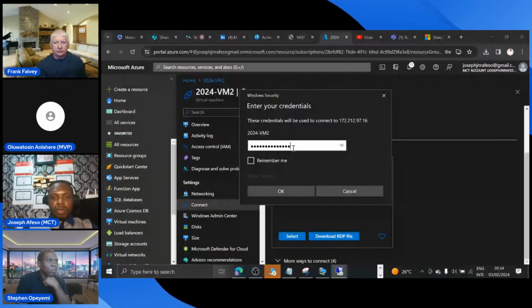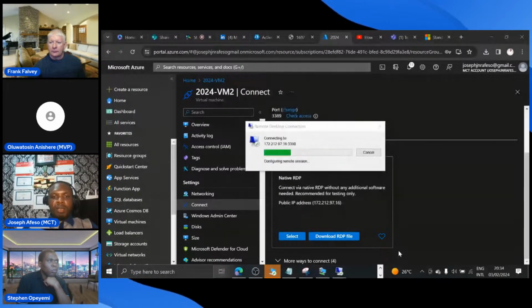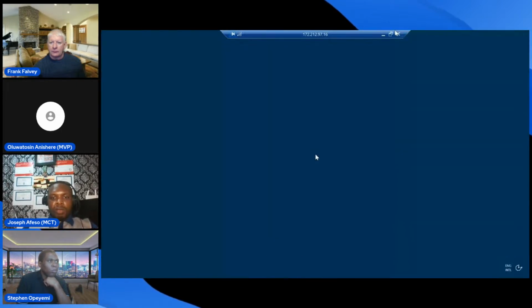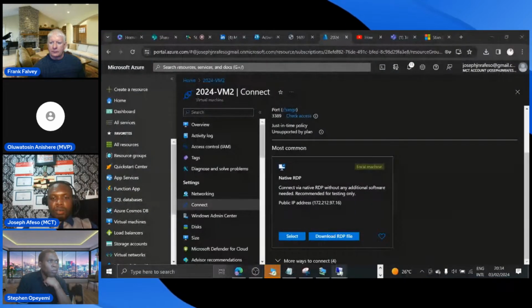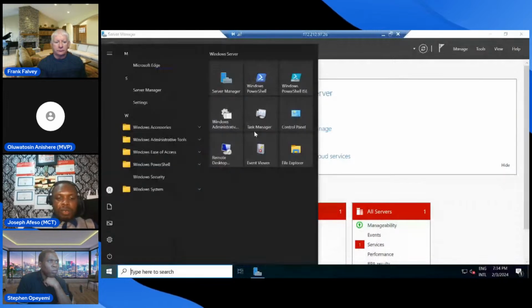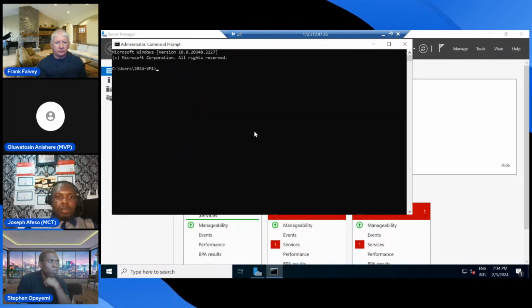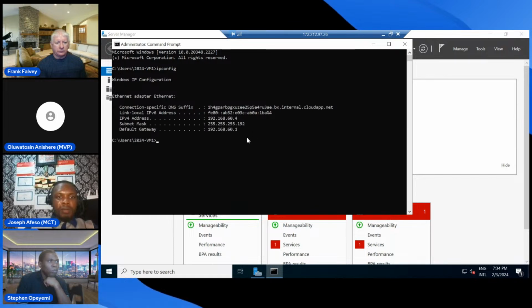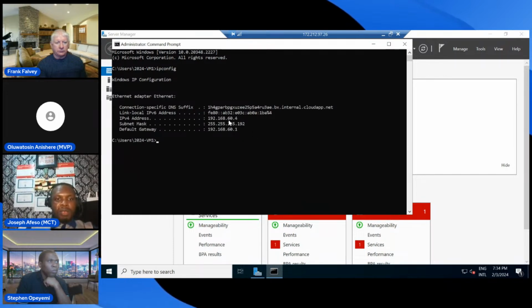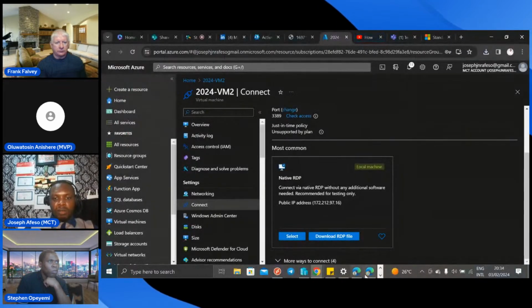Okay, so this is also going to connect. We want to have communication between machine 1 and machine 2. That's the essence of this connection. While this is trying to connect, we'll quickly go to machine 1 that is already connected. We are going to do CMD and IP config just to know the IP, and it is 192.168.60.4. Let's copy this IP address.